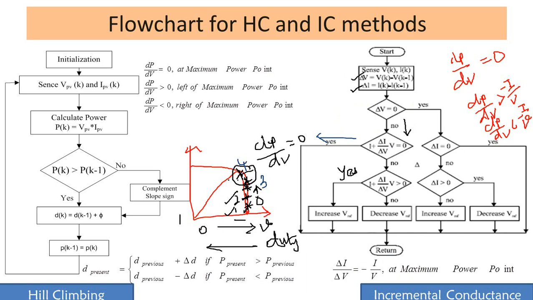Earlier it was at 4. Now after returning it will come back to the same fourth point and it will check the present. Now the present voltage is also the same, the previous voltage is also the same. Of course del V is equal to 0, first point. Here also it comes yes. Now it will check whether del I is equal to 0. Yes, del I is also equal to 0.